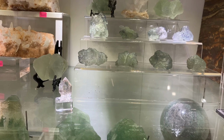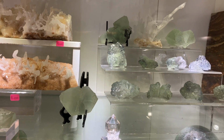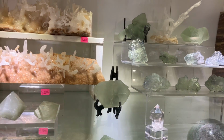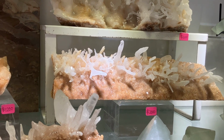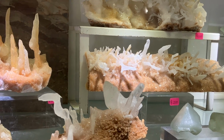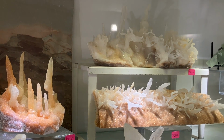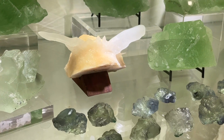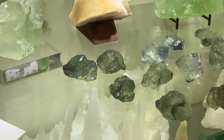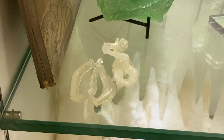These florets have skyrocketed lately, these green Chinese ones. Fantastic. They've gone up in price big time. I mean, it's just...